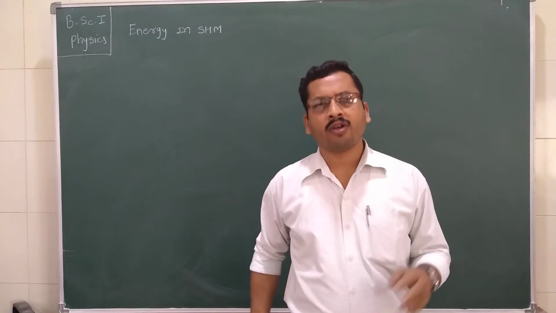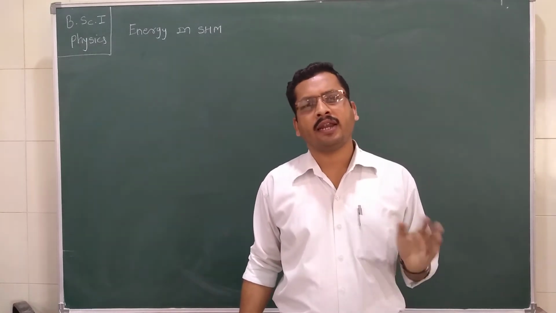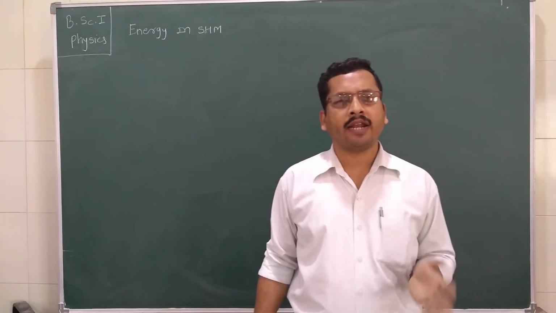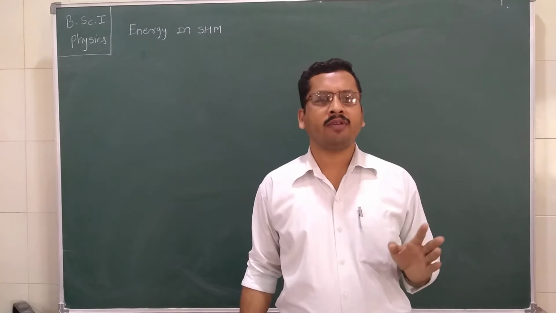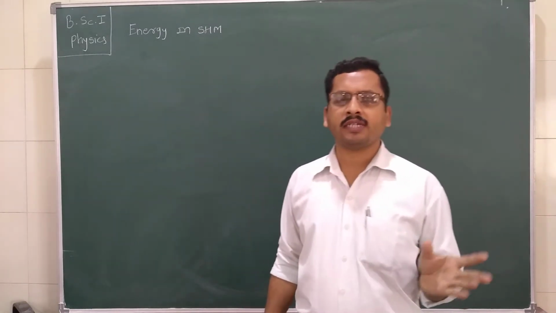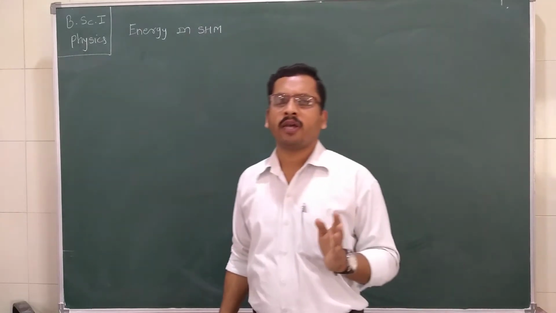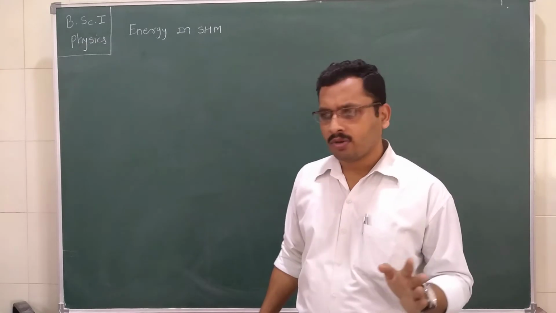First of all, we see what is the potential energy of a particle, and then we find the kinetic energy of a particle, and then we know the relation between total energy and these individual energies. That total energy is nothing but the sum of its kinetic energy and potential energy. So first of all, we know